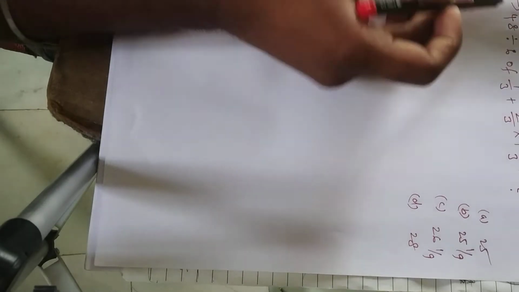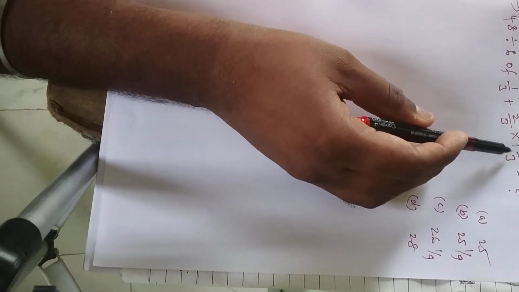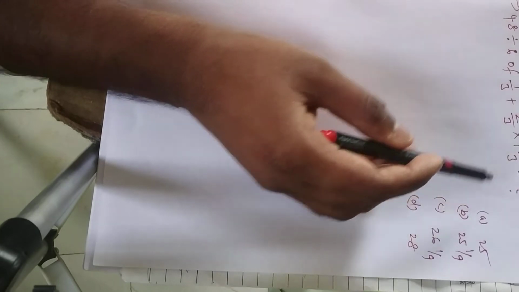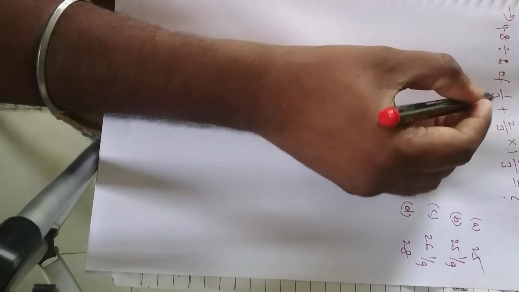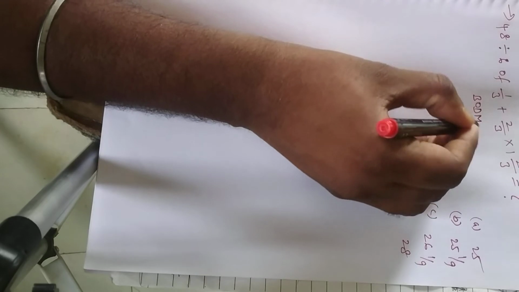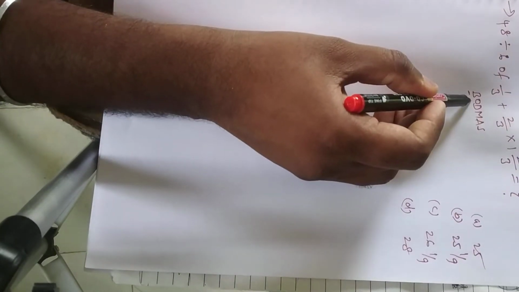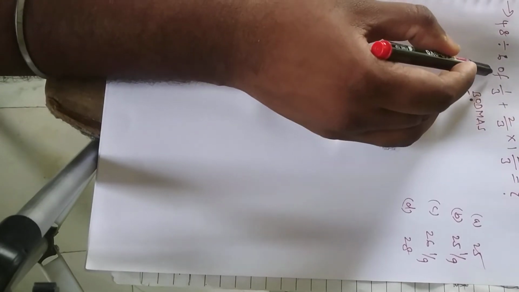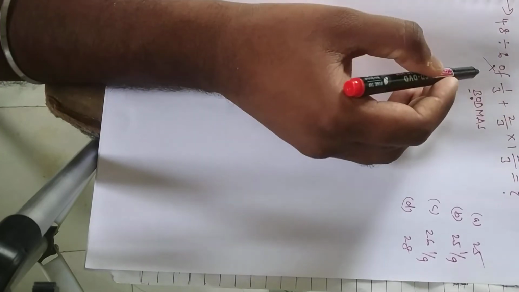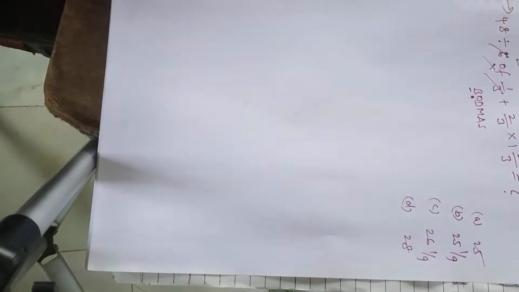Next question is 48 divided by 6 of 1 by 3 plus 2 by 3 into 1 2 by 3 is equal to how much? Option A, option B, option C, option D. Now, let us start. According to BODMAS, first preference should be given to the brackets. No brackets. Next, O, of. Yes, we have of here. So of is nothing but simply multiply. So 6 into 1 by 3, 3 1s are 3, 3 2s are 6, right?